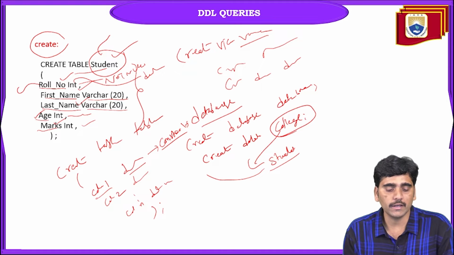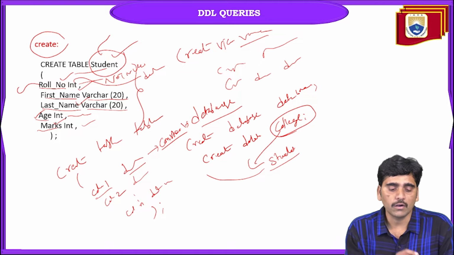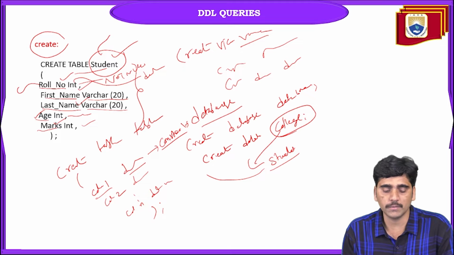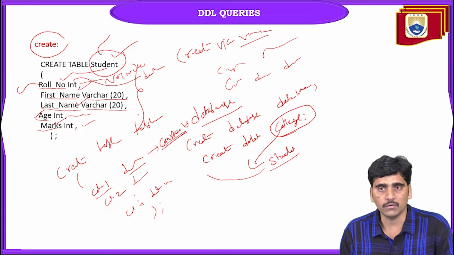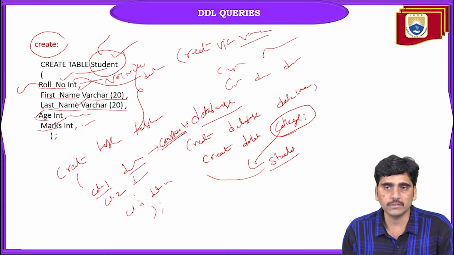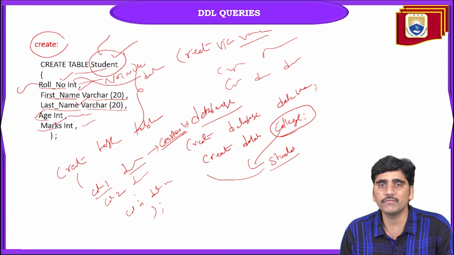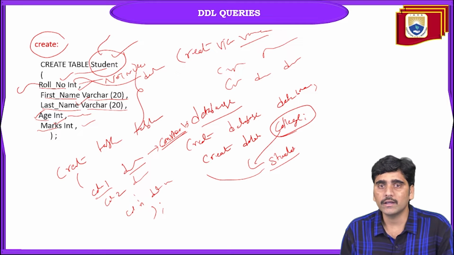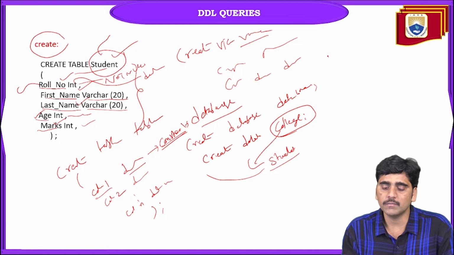So along with the columns and column data types, you can specify constraints also. Create table name, column name, space, data type, and you can also specify constraints to that column so that you can apply the constraint name also. This is the way you can create the table, and also views, procedures, indexes, anything in the database with the help of this create command. So you can say that the create command is used to create all the tables, all the functions, all the procedures. That is all nothing but database